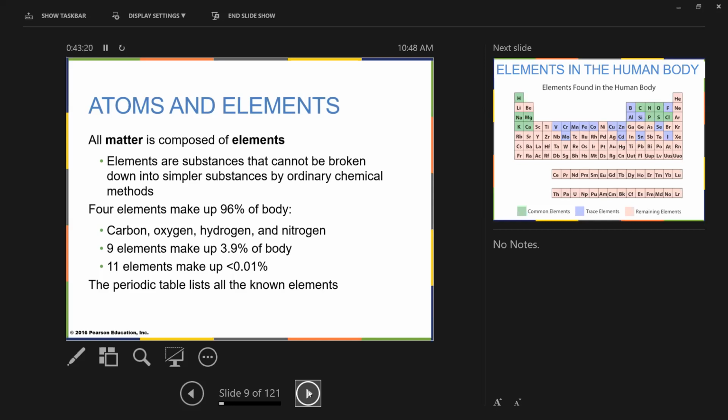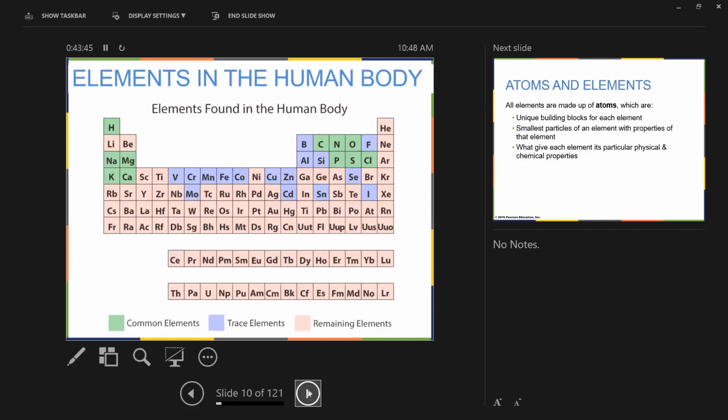All of these elements are listed in a table called the periodic table of the elements. And it is a mathematical progression. We don't need to go into any of that. But there's a sequence to the numbering of the elements, and the sequence of their appearance in the table. And this is what the table sort of looks like. There are about 114 elements